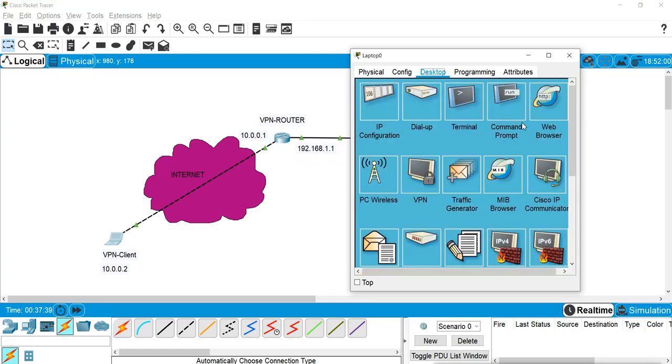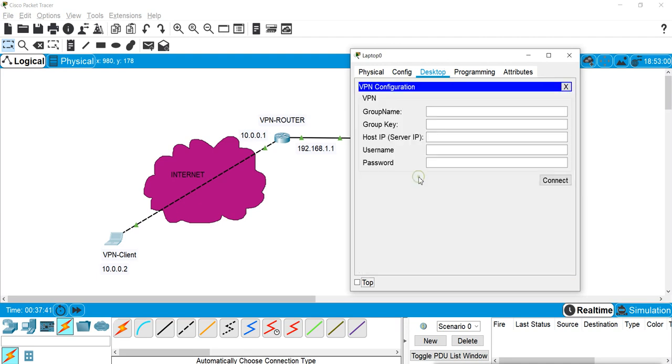Because it is Packet Tracer, it got disconnected. Now again it is connected.